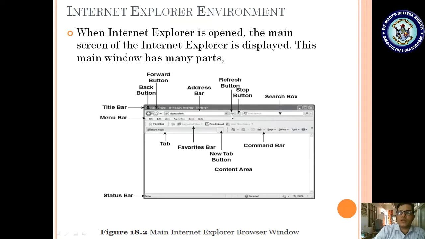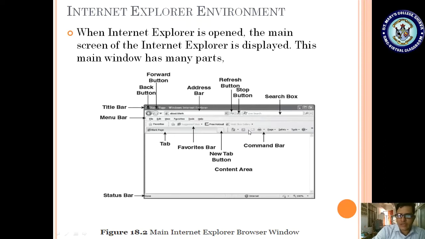The refresh button is sometimes required to reload our pages. That is why we use the refresh button, and by using the stop button we stop the loading of web pages. And the search box: by using the search box, in whatever page is opened, we can find some information. It also consists of tabs. If you see here a blank page, and the next tab appearing here is a new tab. If I click the new tab, I can view a new web page, and I can also navigate back to the old web page. If I click again, I will get a new tab, new tab, new tab.